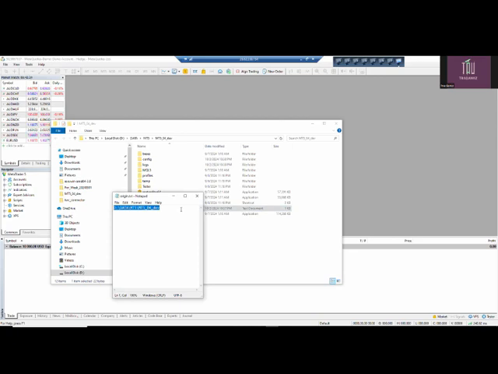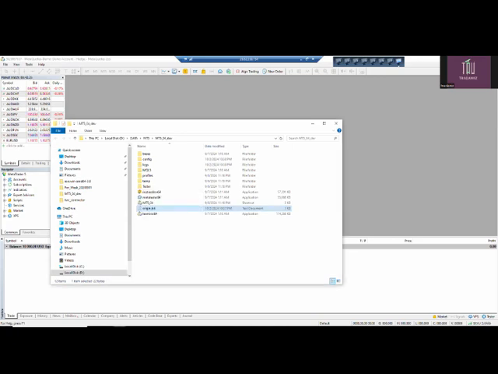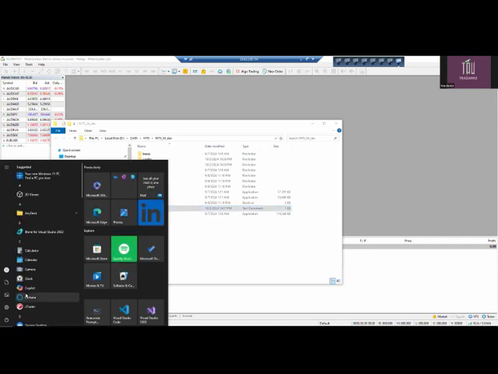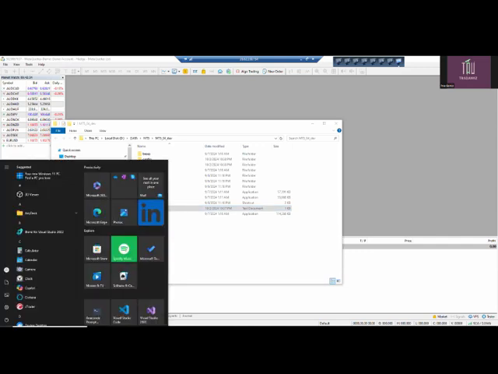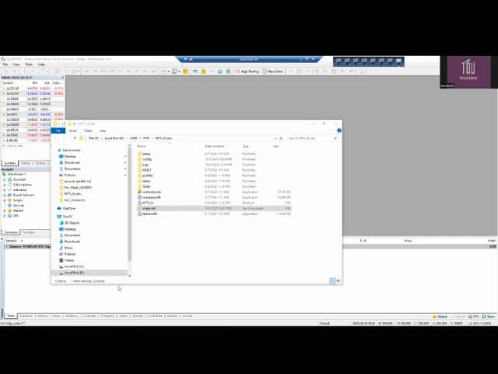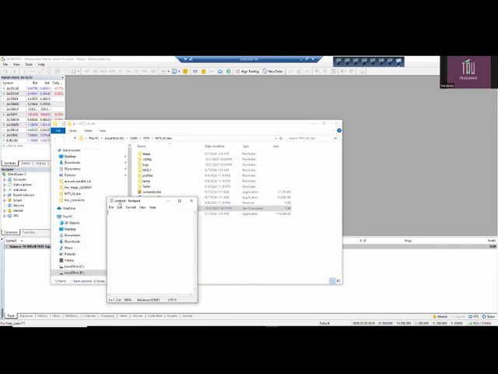What I would suggest is you copy this data and create a new notepad. So let's say I open a new notepad. I have a blank notepad, as you can see, it's untitled. Then I could paste that one.